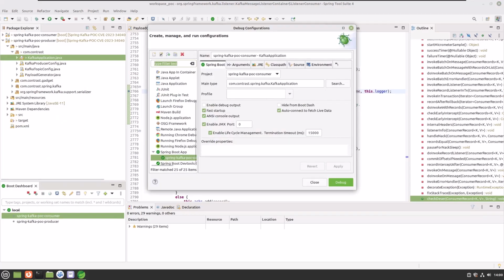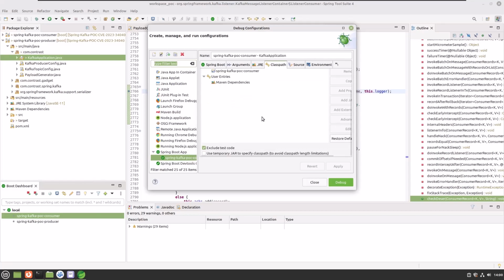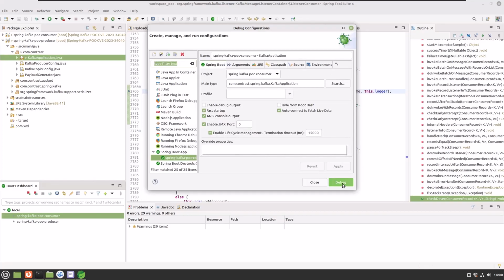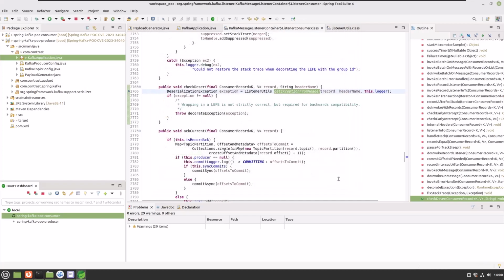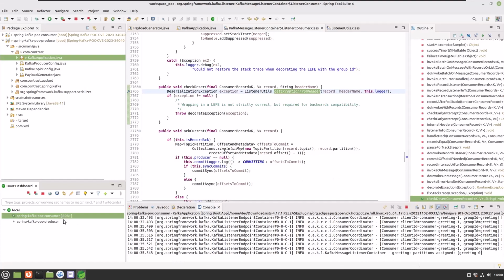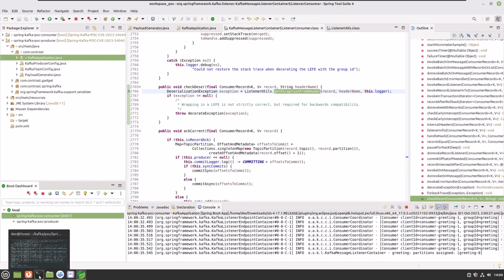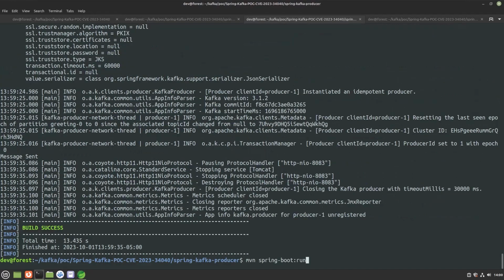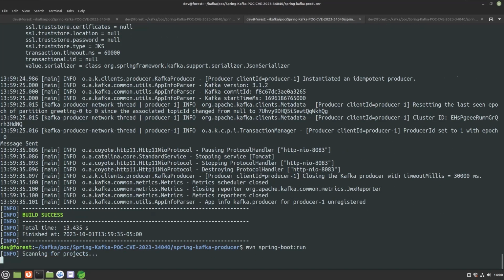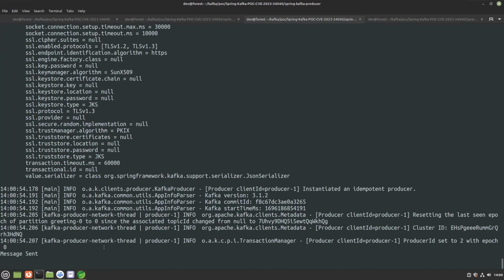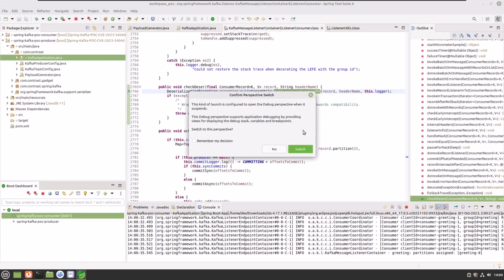Let's see if there is any config we need to change, and we don't think so. Everything is perfect, and we will hit debug. Okay, so the consumer is up at port 8081. We will send the payload again, and let's see if it hits the breakpoint. Yes, as you can see, our breakpoint has been hit,